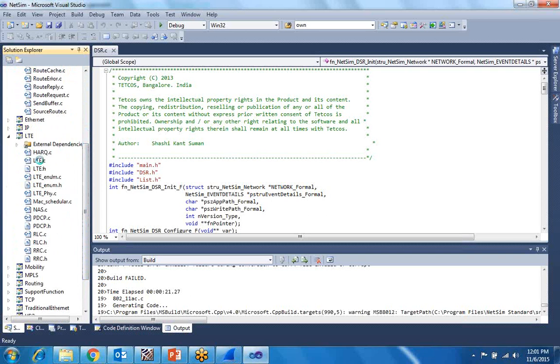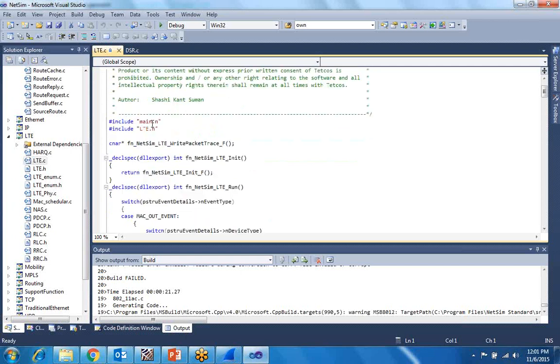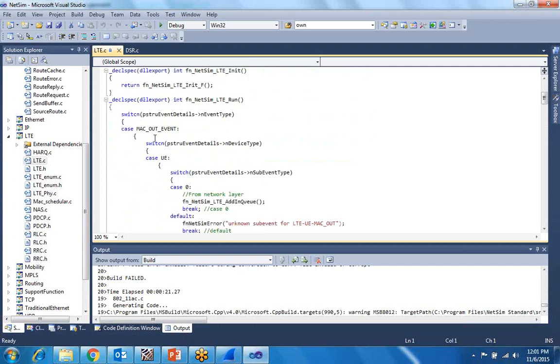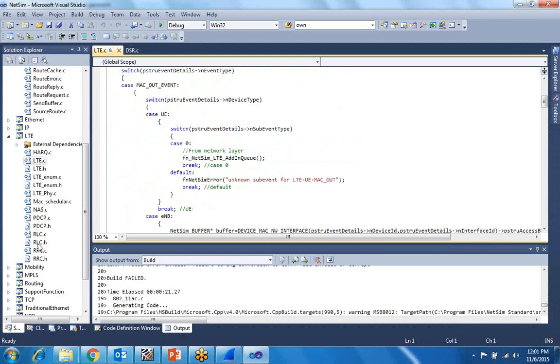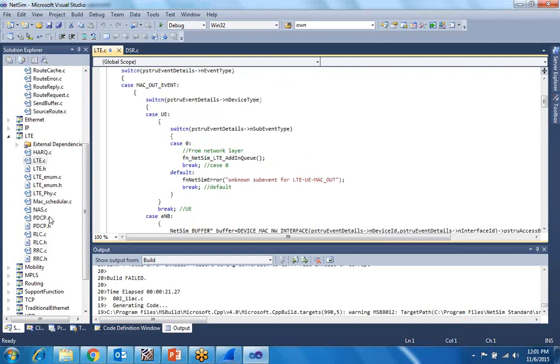There you can see that we have the radio resource control, then we have the MAC scheduler, the PDCP, RLC, then the ARQ. The entire thing is there, and it's exactly as per the 3GPP standard. So users can see that all our variables, our values, everything is as per the standard.